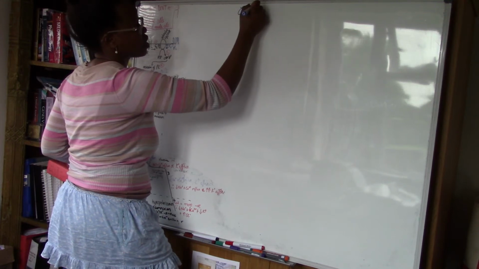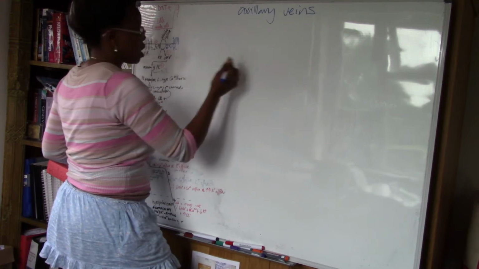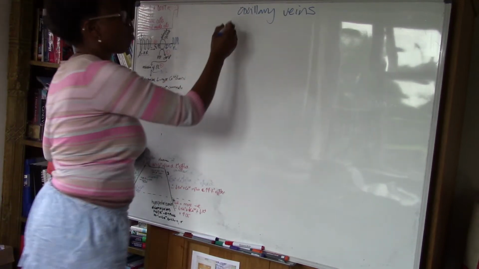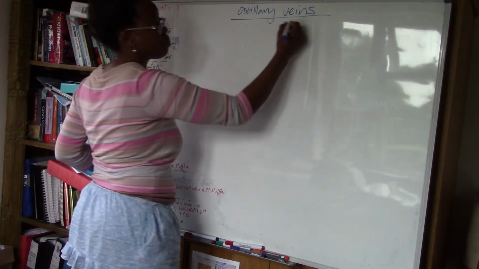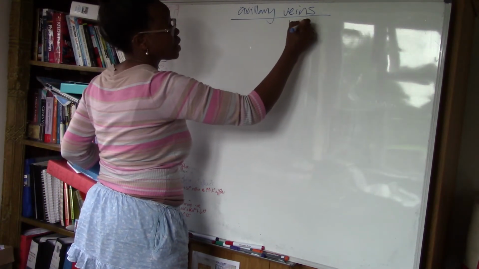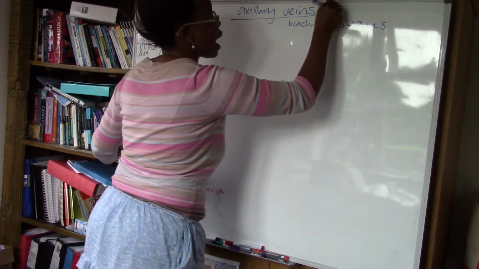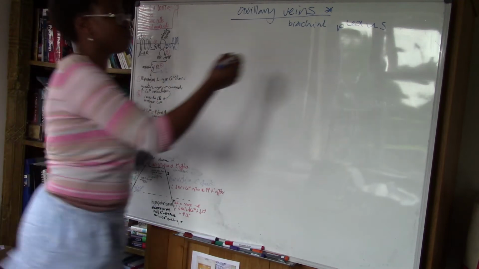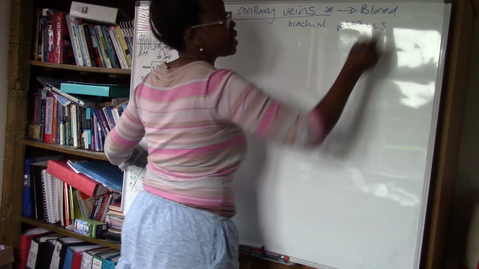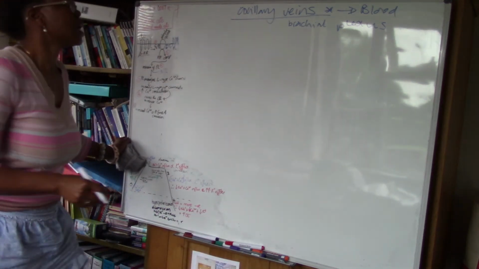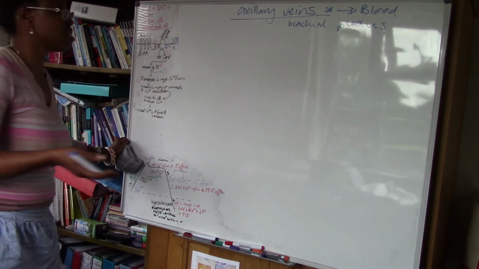the axillary veins. The only reason why I'm covering the axillary veins is obviously because the artery is important in terms of the brachial plexus, and the veins are the veins that are used for clinical purposes when we undertake phlebotomy. These are the veins that have to be accessible, or even for blood pressure